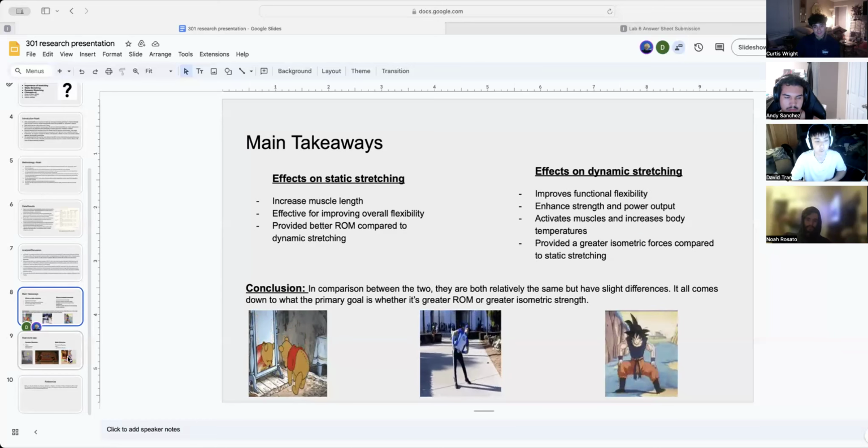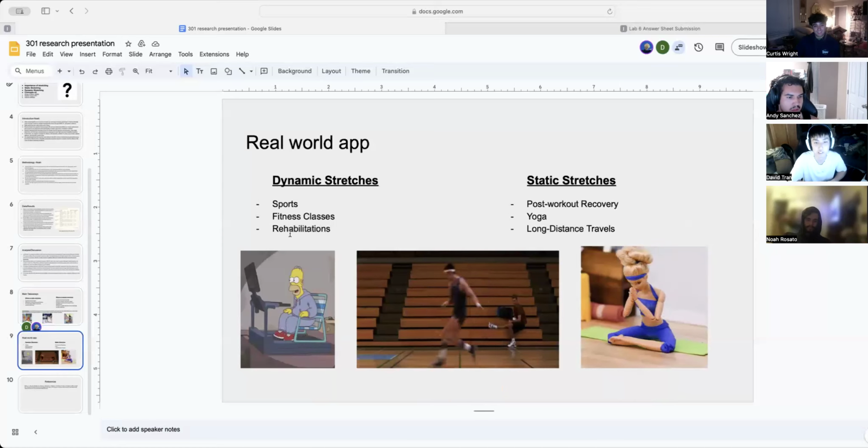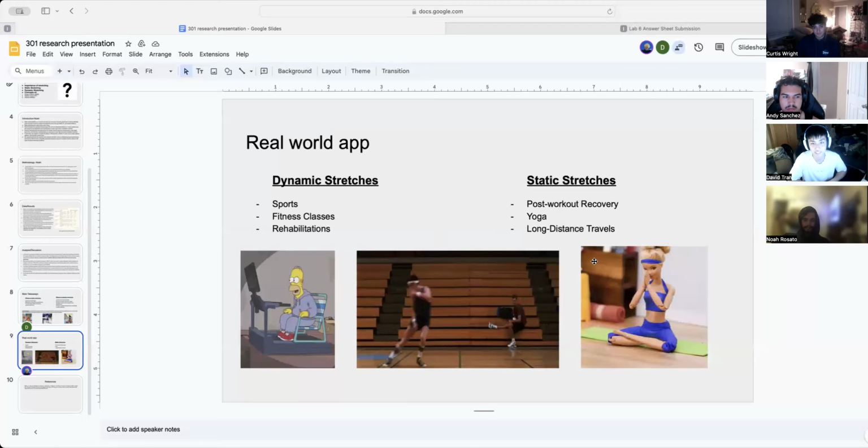And so the next slide, if we were to apply these stretches in the real world, you would typically use the dynamic stretches for sports, fitness, or rehab to warm up your body, have the blood flowing, whereas static stretches is more like a post recovery to elongate our muscles and